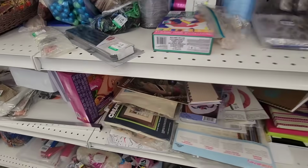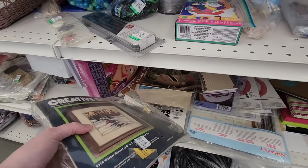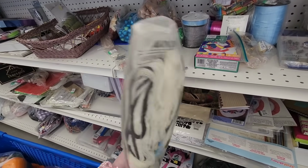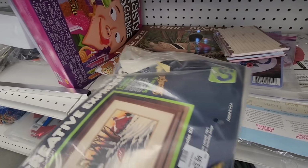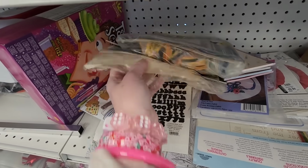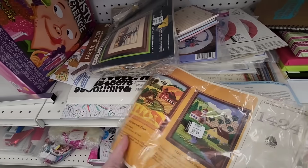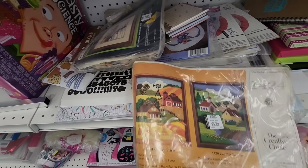And you never know what you'll find here, especially vintage sewing or needlepoint and crewel kits that are not opened. I like to buy those. That one, the subject was kind of not to my taste, and even though someone might be like, oh, I wish I had that,